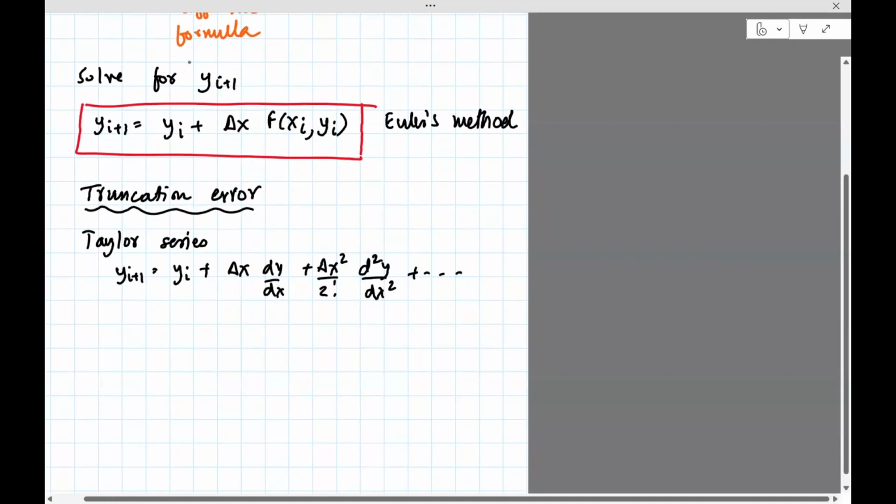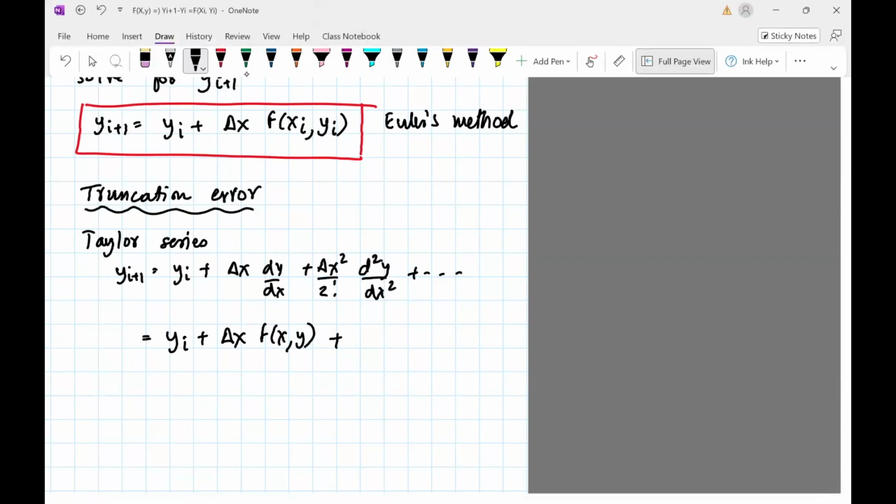But this is nothing but delta x. The dy/dx is nothing but f of x comma y, plus, so everything here